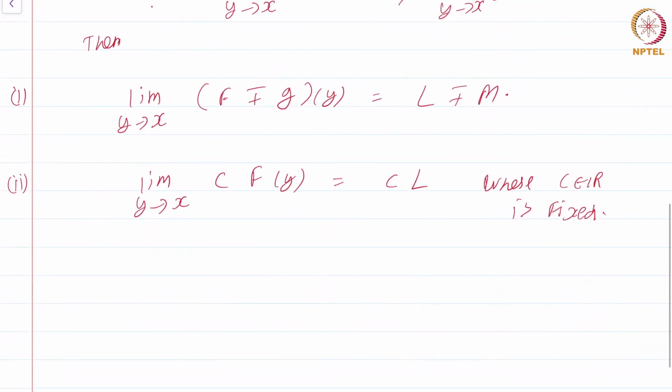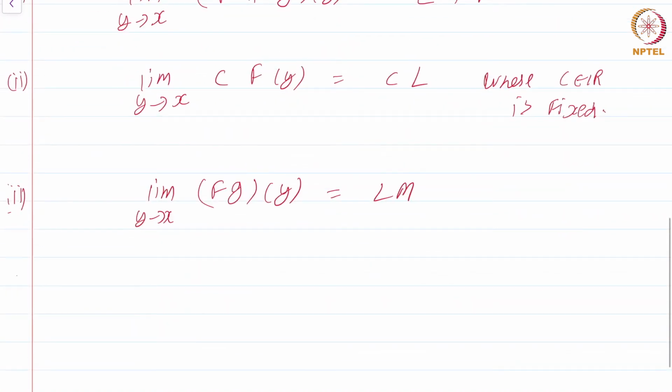Number three, the limit as y goes to x of fg of y, the product, is equal to LM. And finally, number four, I need to put one more condition. If M is not equal to 0, then